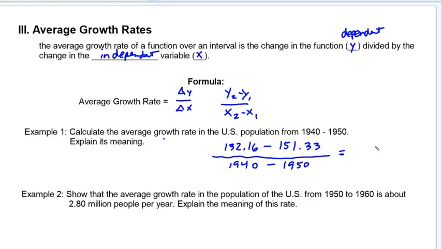So you just want to be careful that you're consistent. All right, so let's do some math. So go to our calculator, 132.16, and subtract 151.33. And that's negative 19.17. And then down here, obviously, that's going to be negative 10. And then let's do the division by negative 10. And we get 1.917 as our average growth rate. I'll just go ahead and say 1.92